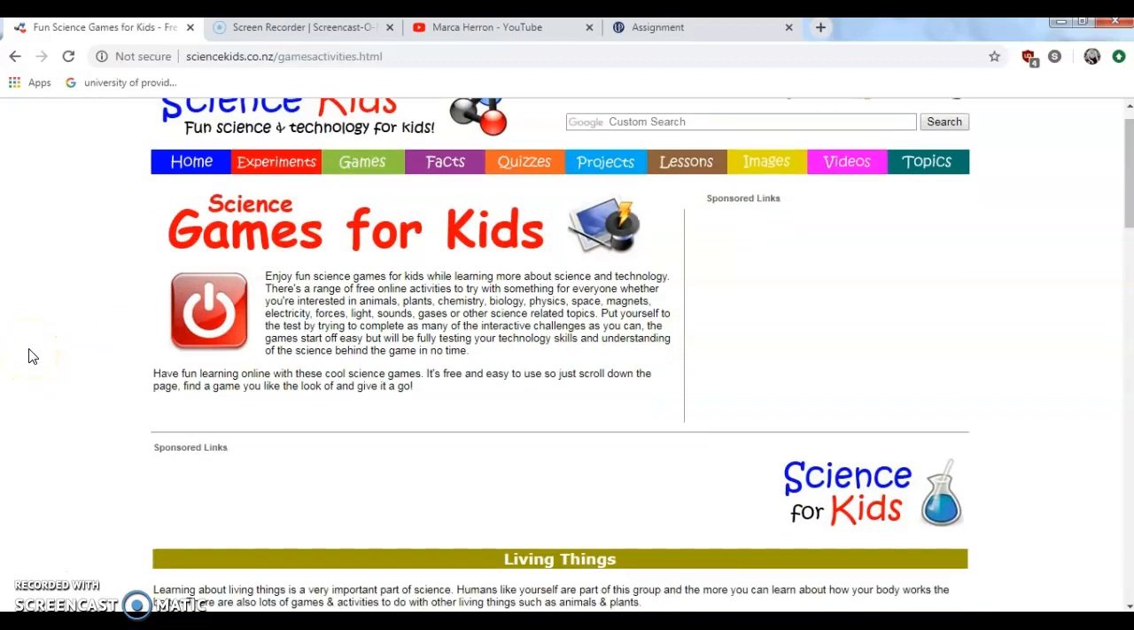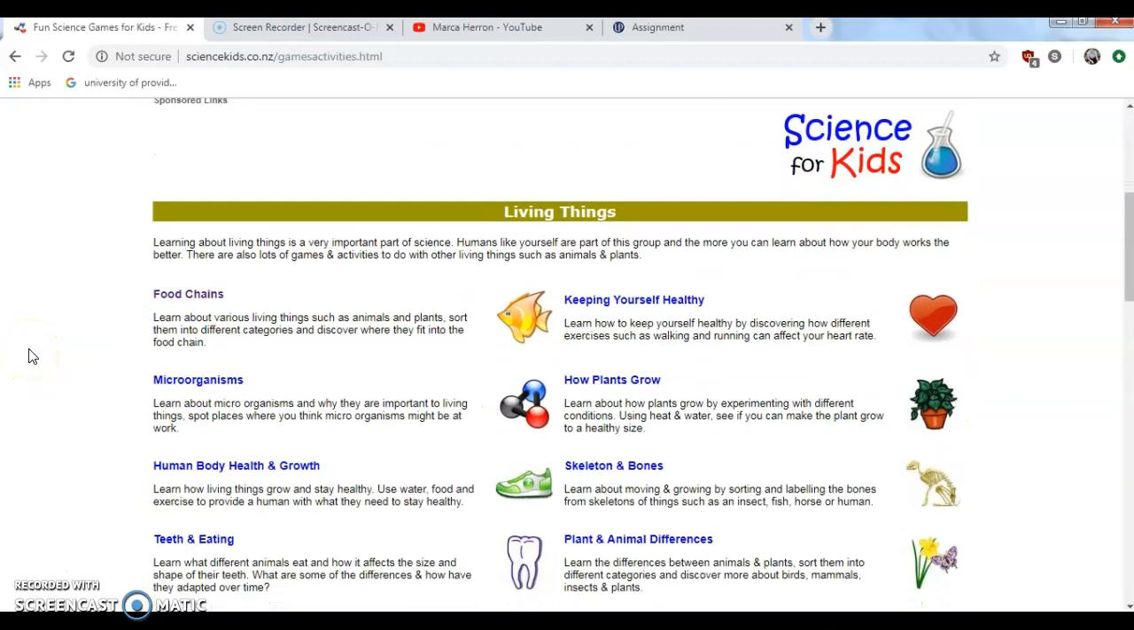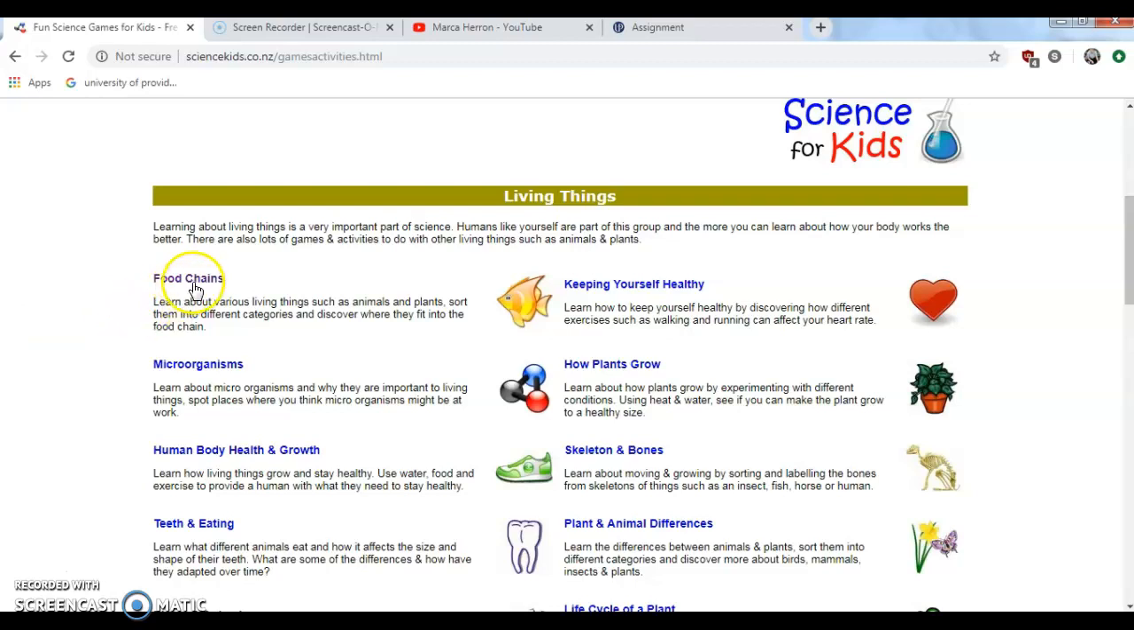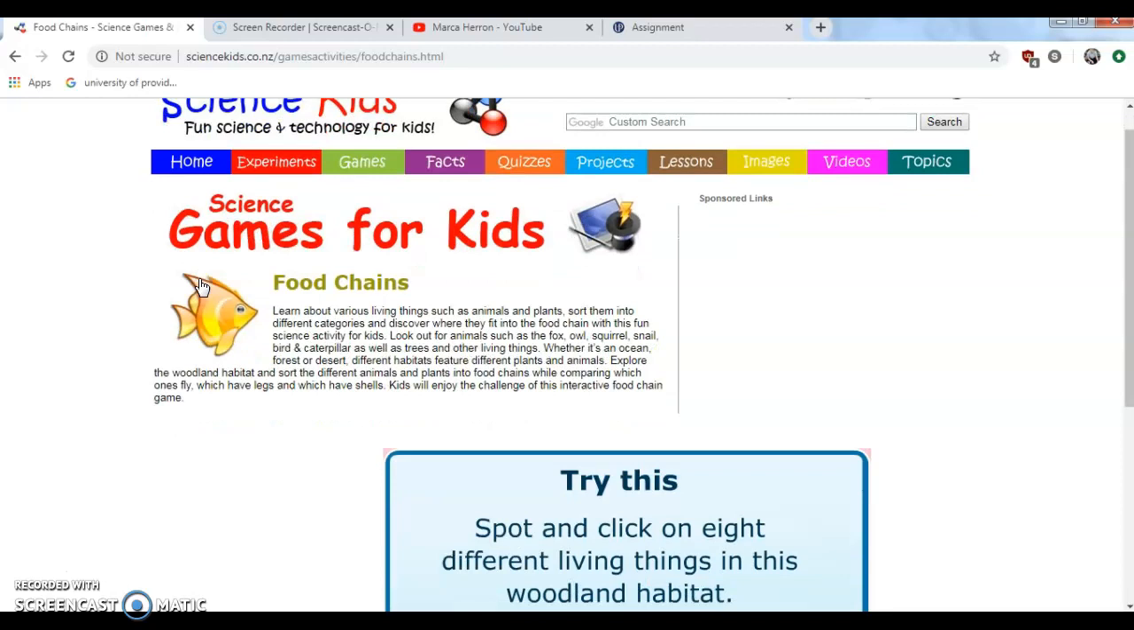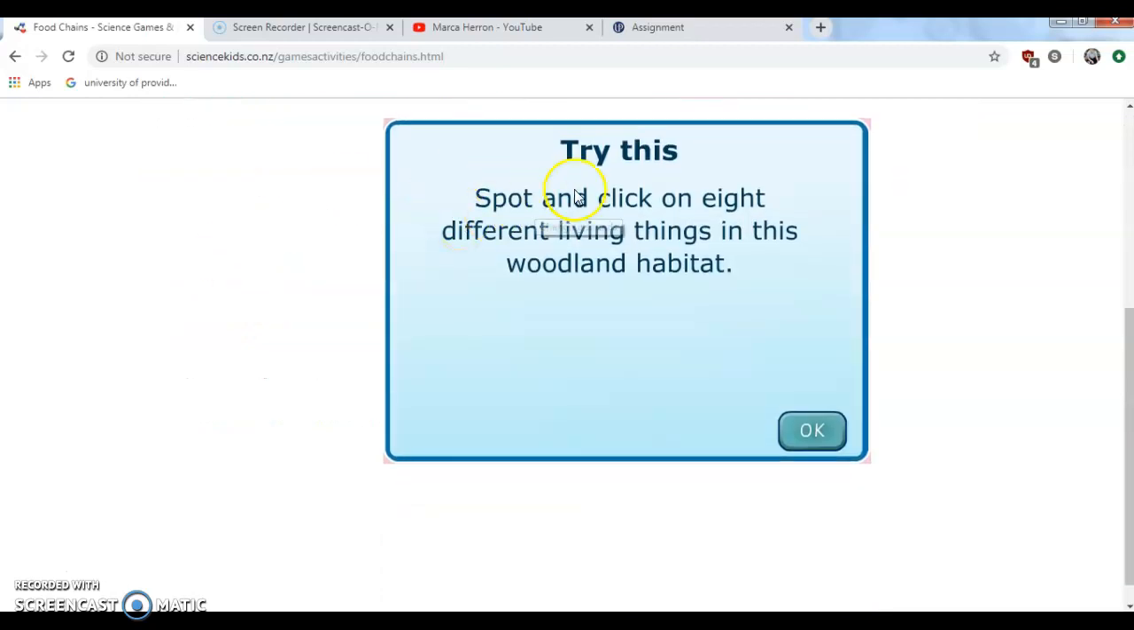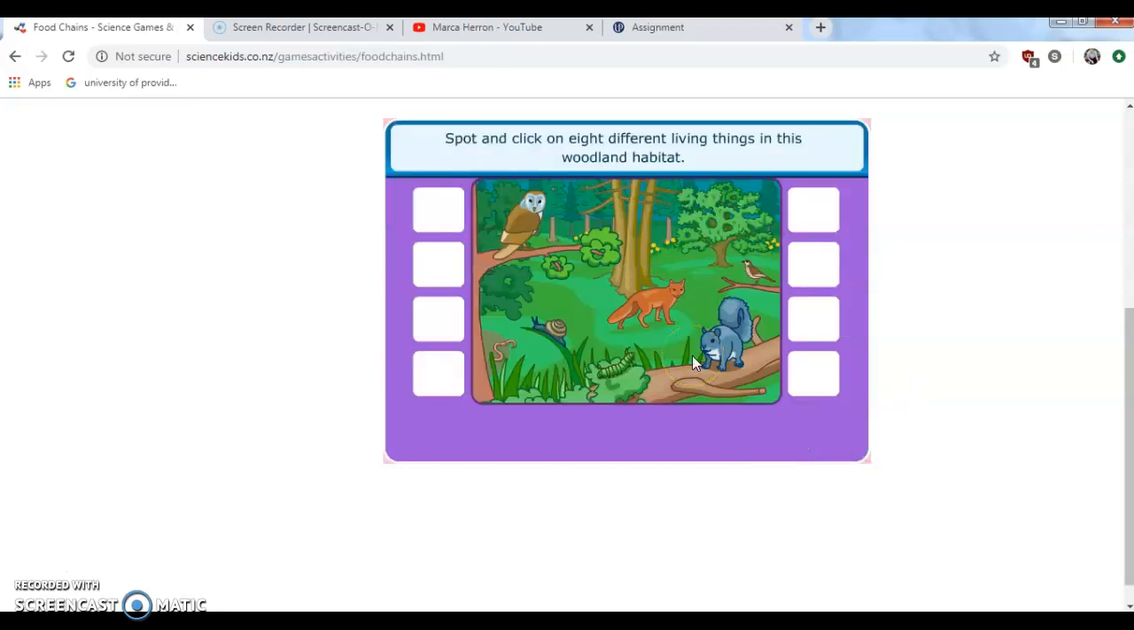Now we're going to scroll all the way down, and since we are learning about food chains, we're going to play the food chains game. So we're going to click on this and then we're going to scroll down. Now it says to try this, and we are going to click OK, and it has the directions for the game up here in this blue bar, and it says spot and click on 8 different living things in the woodland habitat. So we're going to click,